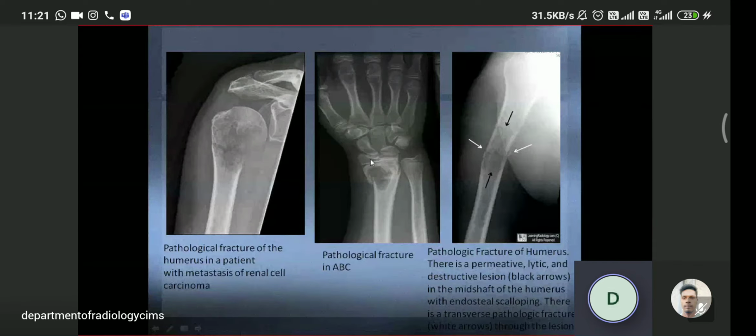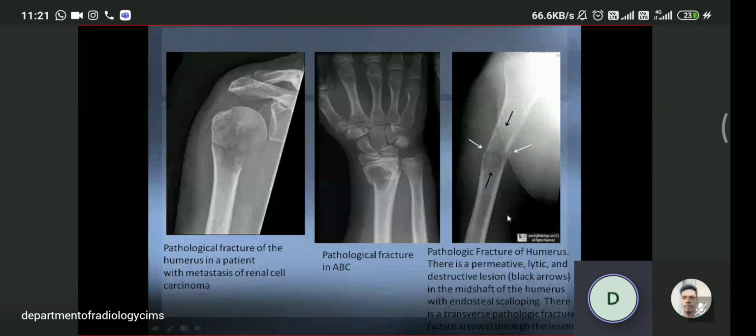What is the most common site of aneurysmal bone cyst? Let me give you the option: epiphysis, metaphysis, diaphysis. So it is the metaphyseal tumor. It occurs in the metaphysis of the bone, and here it is the metastatic tumor, metastasis of renal cell carcinoma,